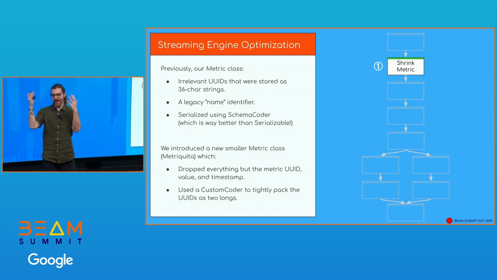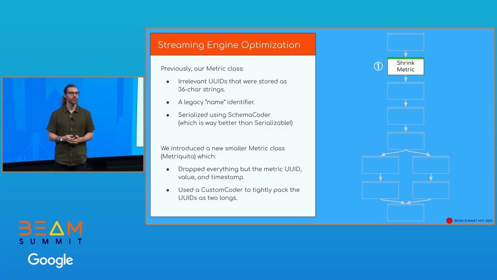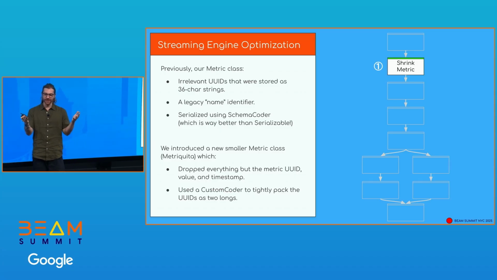So we added this new transform, shrink metric. We actually called it make metricita. Metricita is great. It is the diminutive form in Spanish. It's like my favorite thing in a language. But so we